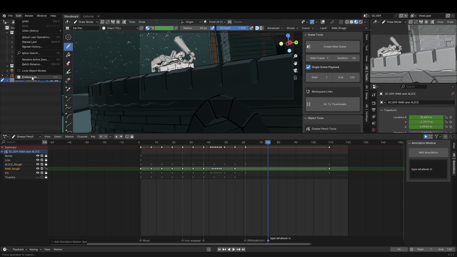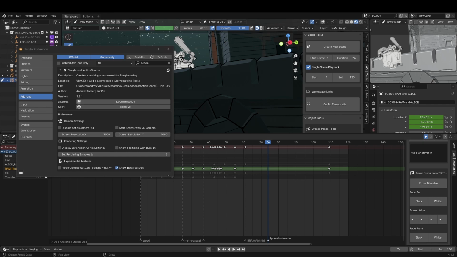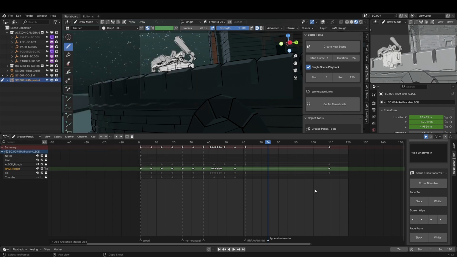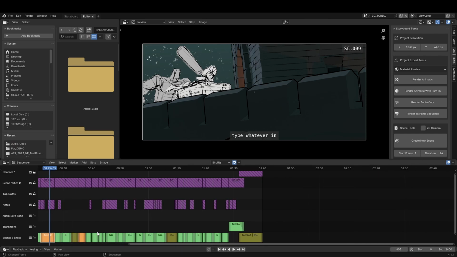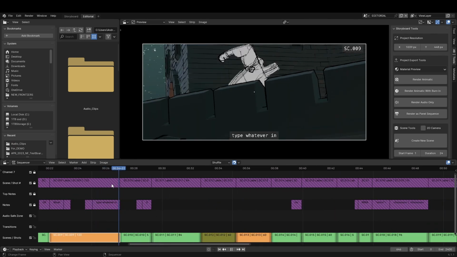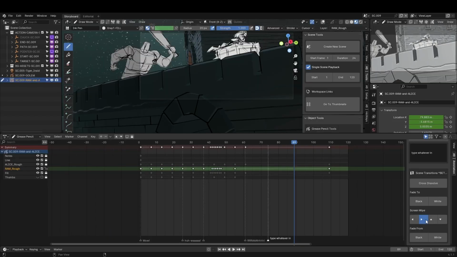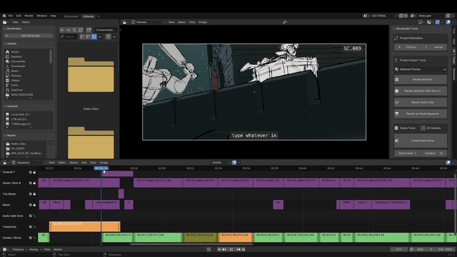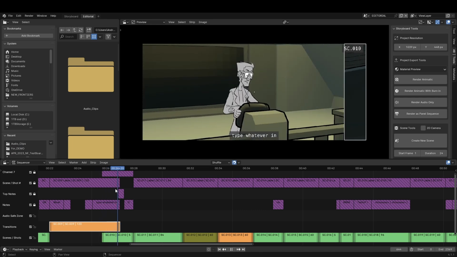So now if I go into my preferences here and enable show beta features, it will now reveal the scene transitions. This is still considered a beta feature because there are some cases where issues occur, and I'll show you an example right here. Say I have a scene and I want to do a transition. If I do a wipe transition, the way to achieve that is that it's actually moving or wiping the scene,